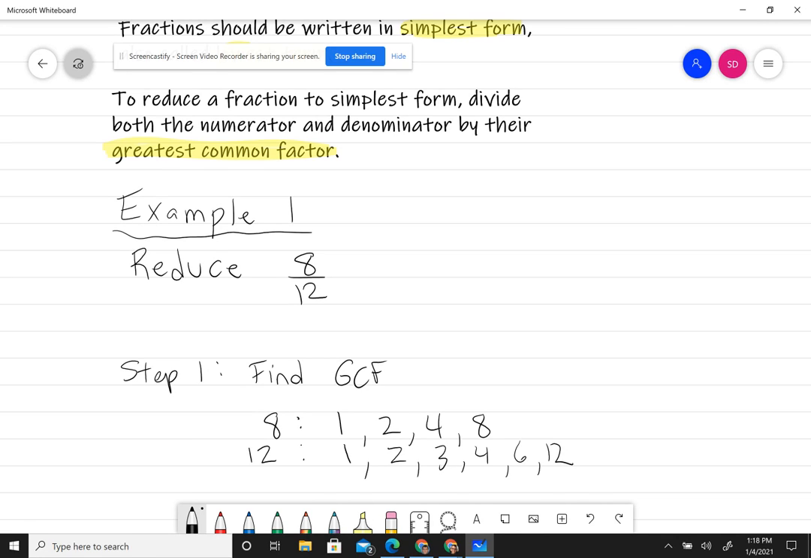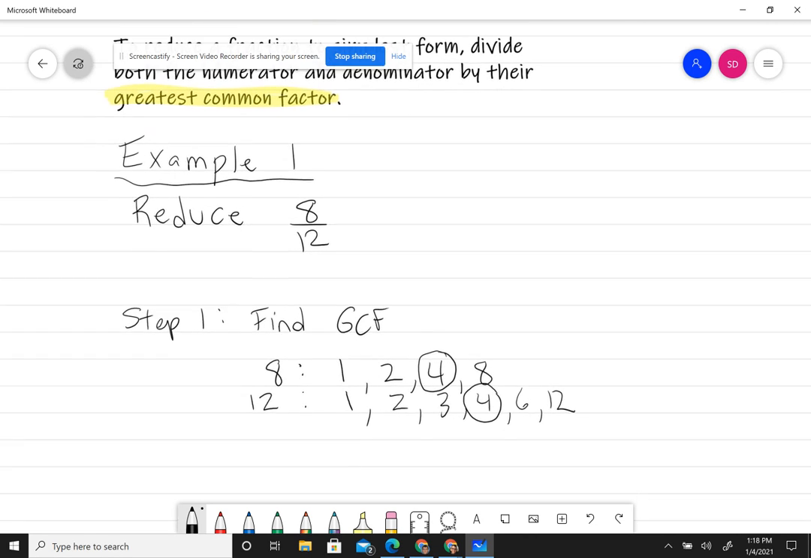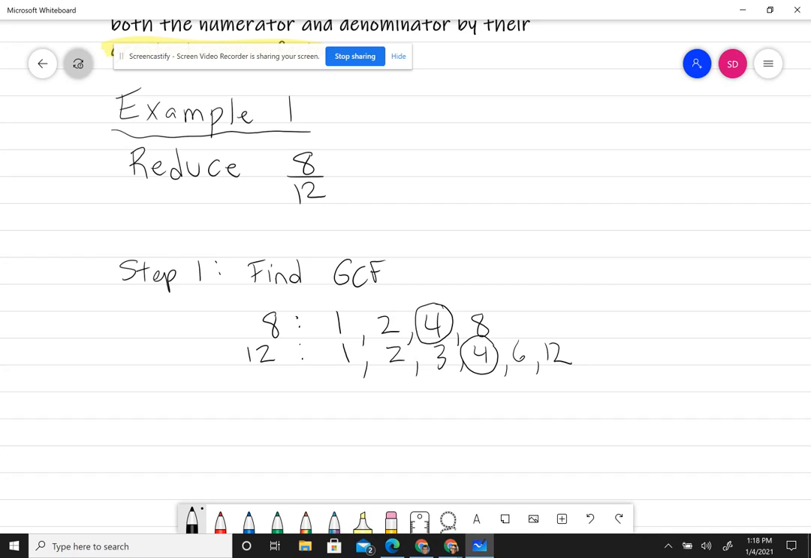Once you've done that, you find the number they have in common, which is the 4, the greatest number they have in common. And then that tells you that you can divide to reduce the fraction. So the second step,